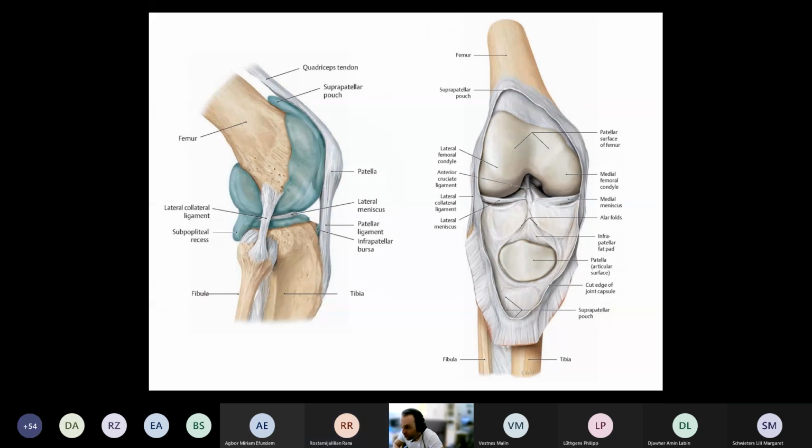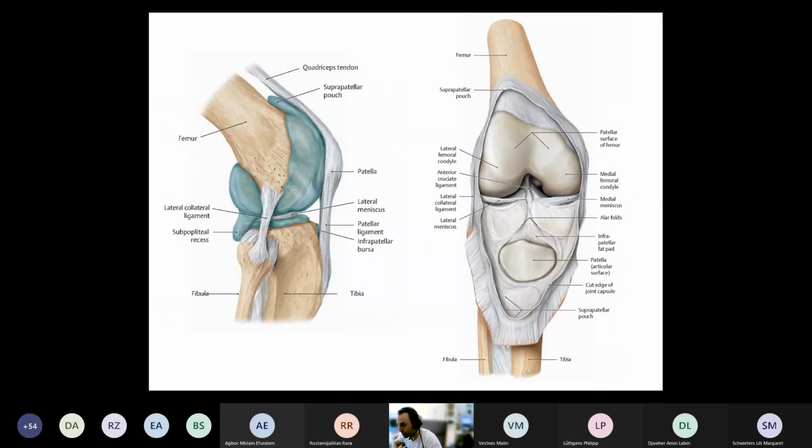Okay. So let's move on to the next layer by removing the muscles. So then you can expose the capsule, and here in this picture you see how the capsule is connecting to both the femoral and the tibial surfaces. And in between the two surfaces here you have the meniscus. So the capsule will also have an attachment on the femoral bone, and then the meniscus is basically interrupting it, and then it continues from the inferior margin of the meniscus to the